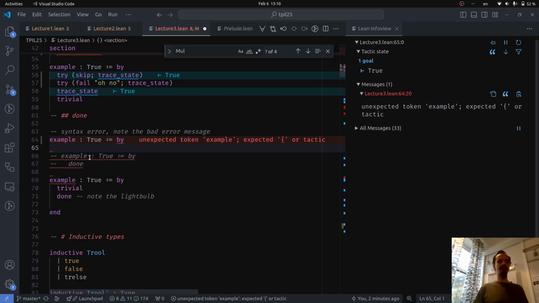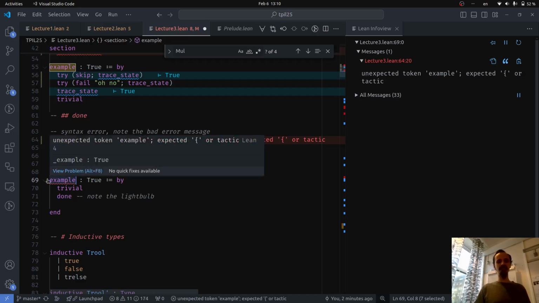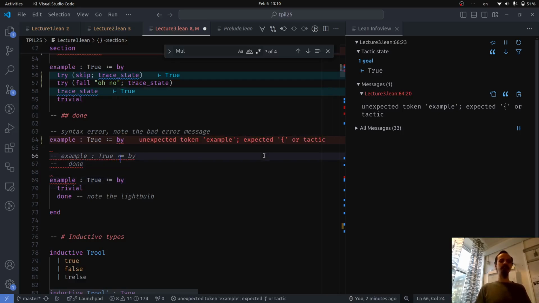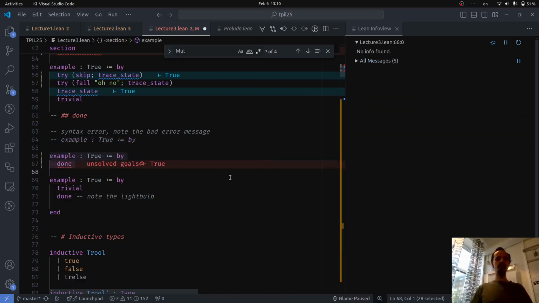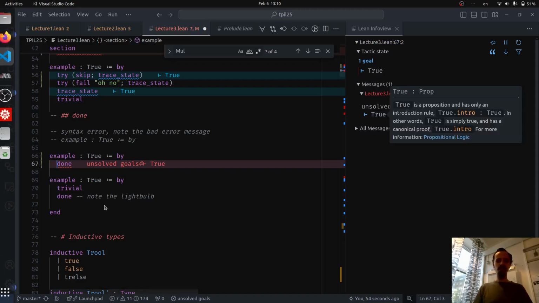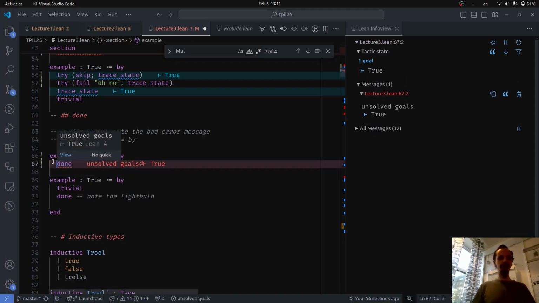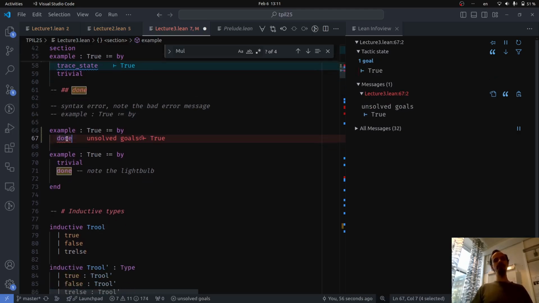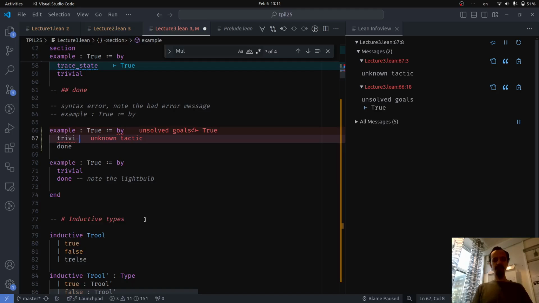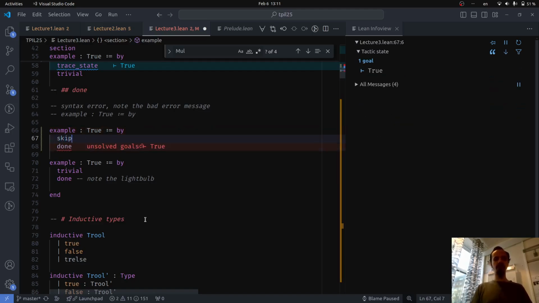And you'll notice that Lean is super confused about the situation. It highlights half of it, this example here and a bunch of stuff. It says unexpected token example. It's looking for a tactic, and I've written nothing, right? This is just the first half of an expression, and Lean's not giving me good information. So instead of doing that, when you're in that situation and you just want a nice clean error message that says this is your goal, and not Lean just being confused about what's what, then you use done here. And you can leave done in, so you would just write other things before it. So if you haven't proven the goal, then the done stays there, but as soon as you prove the goal,